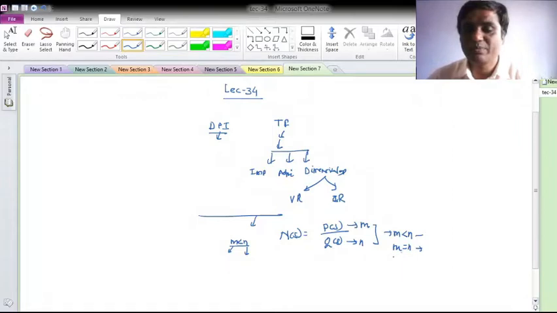This is a strictly proper transfer function. This is a proper transfer function. And if the degree of numerator is greater than n, then it is an improper transfer function, right? And we have also defined that some polynomial I will get in the numerator, some polynomial in the denominator, and that I can express as a product over i of s minus z_i, over product over j of s minus p_j. Okay.